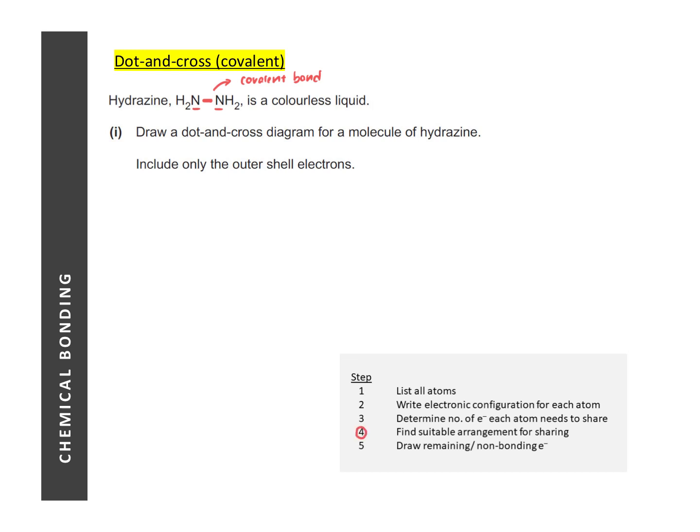Okay, so let's quickly run through the steps. First, we list down all the atoms. We have 4 hydrogen atoms. We have 2 nitrogen atoms. Step number 2, to write out the electronic configuration for all. Step number 3, to determine the number of electrons each atom needs to share. Okay, and then step number 4 is to find a suitable arrangement for sharing such that the sharing needs are